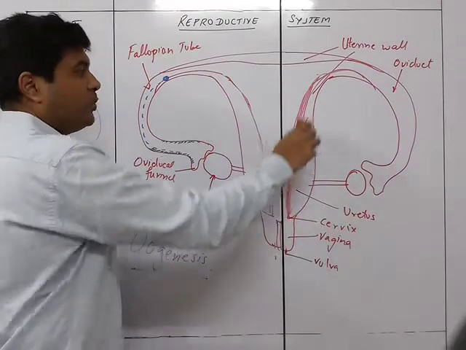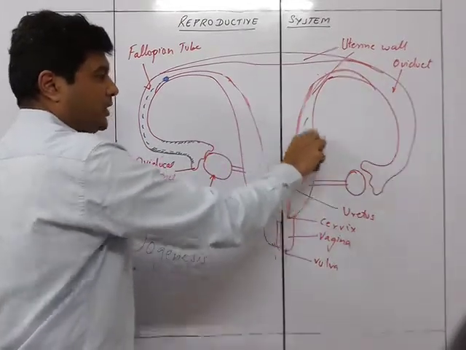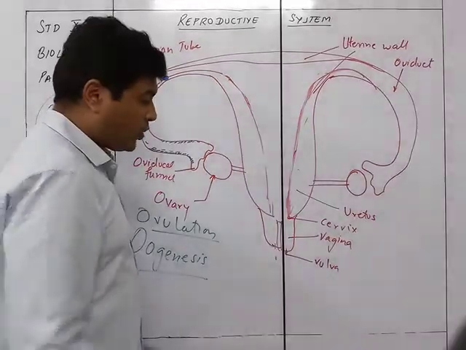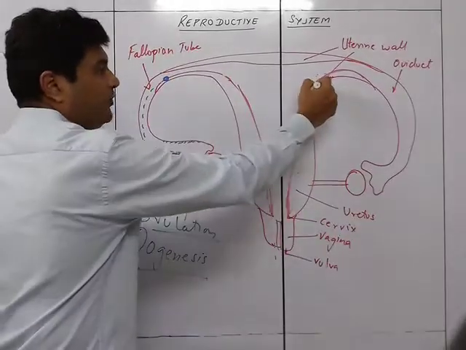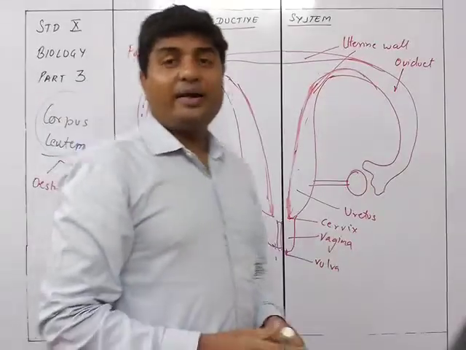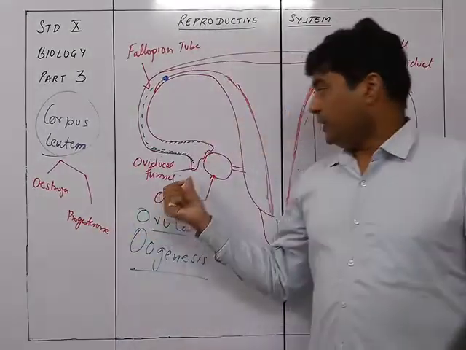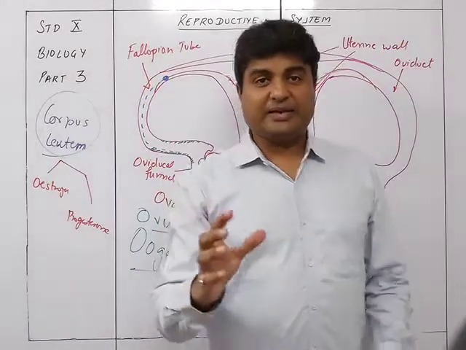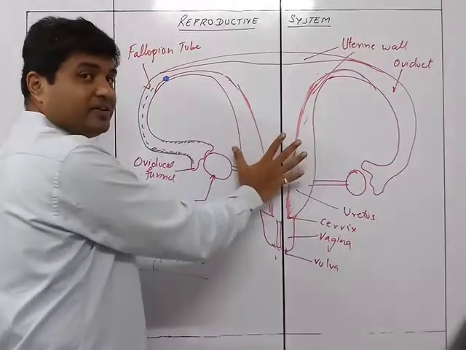So this shedding of the walls means that the blood vessels, muscle and tissues are going to be drained out and removed. It is understood that for each and every egg the preparation is separate. So there is a separate preparation, and once the egg is released, the preparation is ready for it.